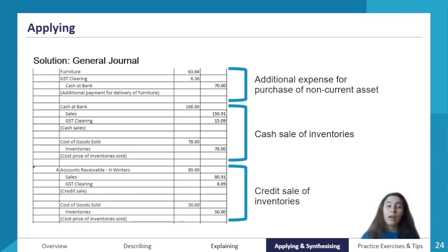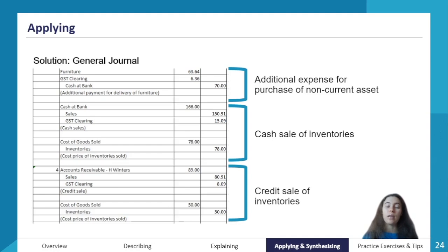So you've got your cash sale of those inventories, and then as a separate transaction, we've also got our cost of goods sold. Now, this doesn't involve GST. We've already got our GST for sales in the section above. All the cost of goods sold is whatever the cost price is that we've been given, in this case, $78. Cost of goods sold is going up, and inventories are going down, because